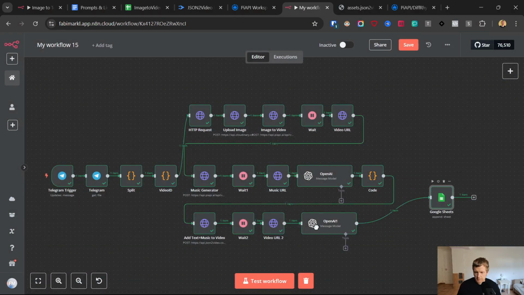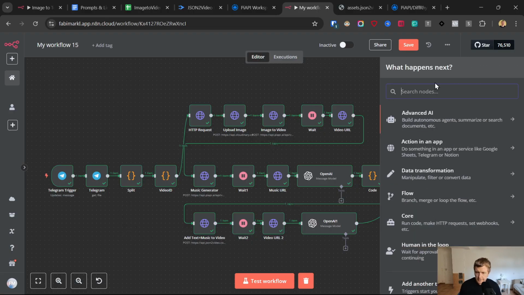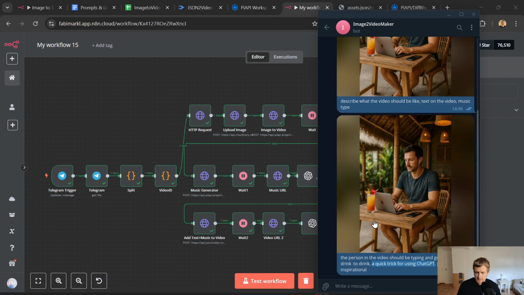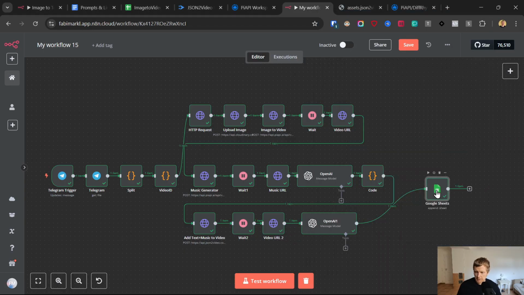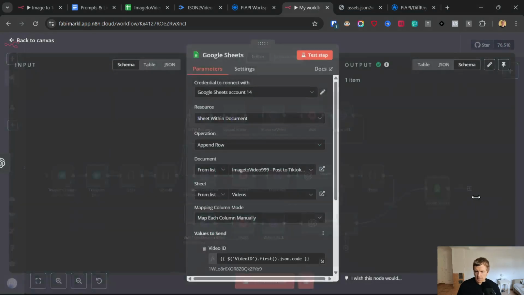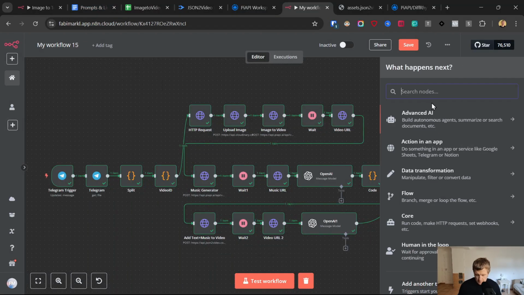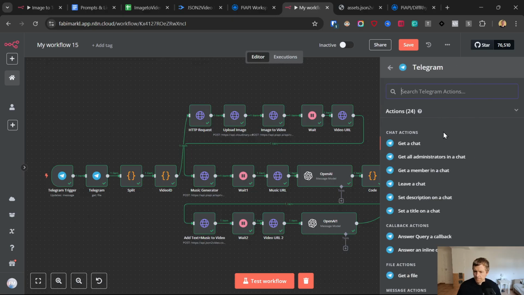Now I want to also receive this information back in Telegram, right? Because I'm on my phone, right? And then I want to receive a confirmation what was created before it's published, so I can keep track of it. So let's click here, Telegram. We want to have